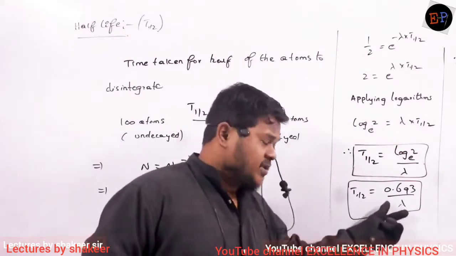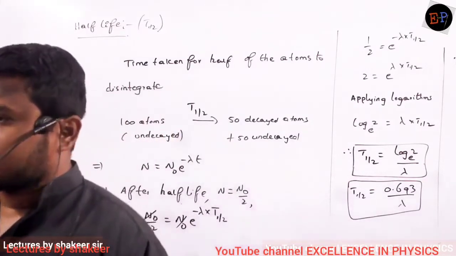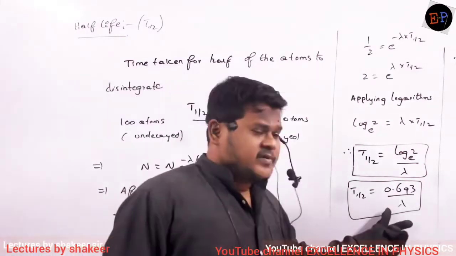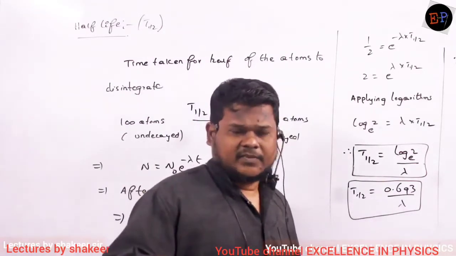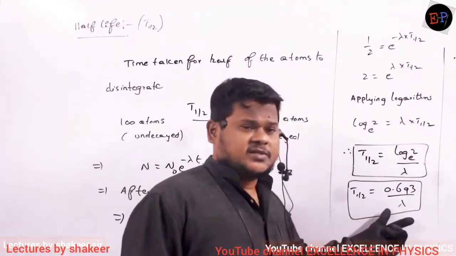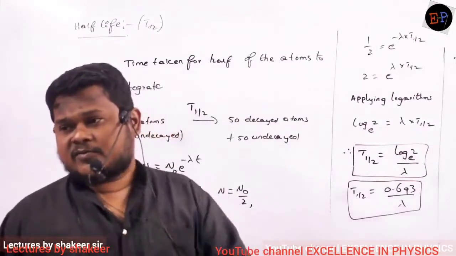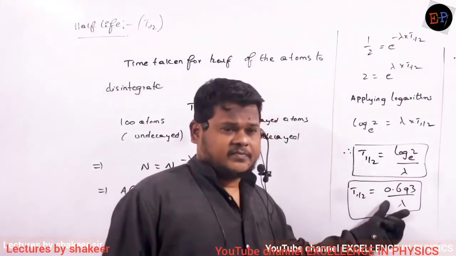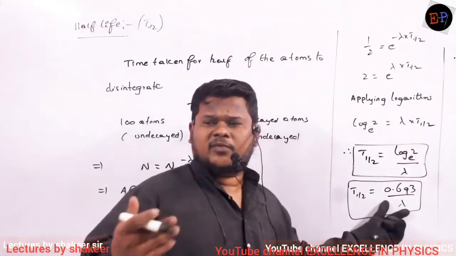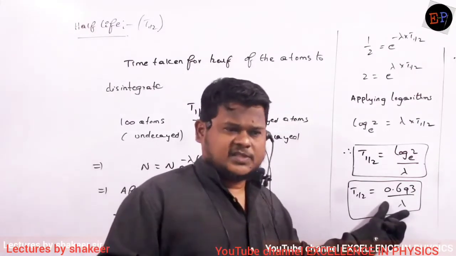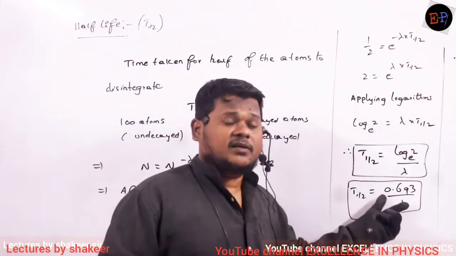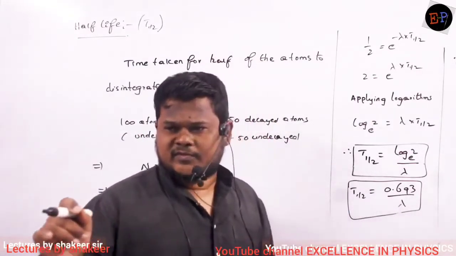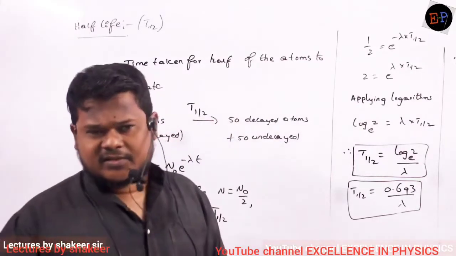And what is meant by decay constant? What have we studied about decay constant? Tell me. Decay constant means number of disintegrations per second, divided by the original number of atoms. That's what we have studied. It means if decay constant is greater, the element will disintegrate more rapidly. So half-life will be lesser. If decay constant is greater, it means that for the available number of atoms, more atoms are disintegrating. That is called decay constant.